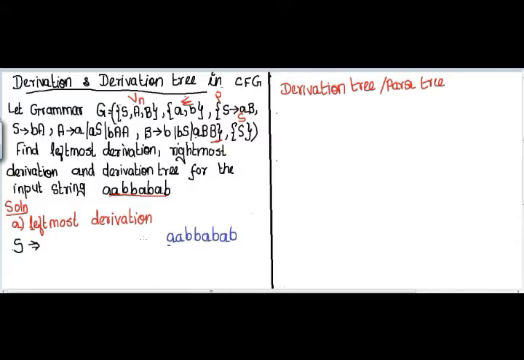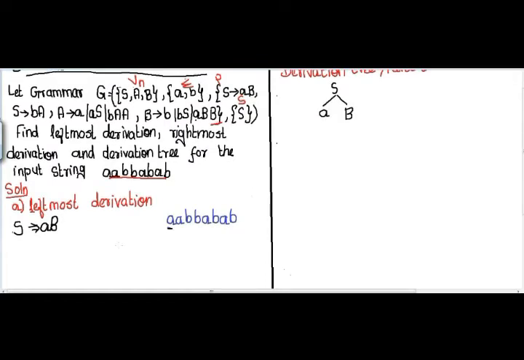As the first character in my input is a, I am going to choose the production S tends to AB. I draw that in the parse tree. Now I have completed the first character in the input, and the next character I need is again a. So let me check this production. Here I want to derive a, and the non-terminal here is B.